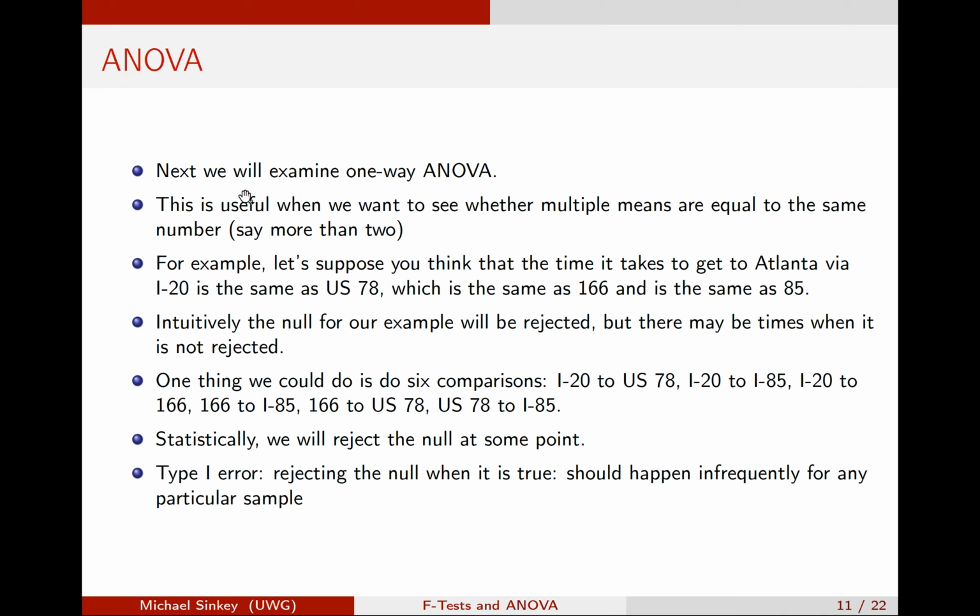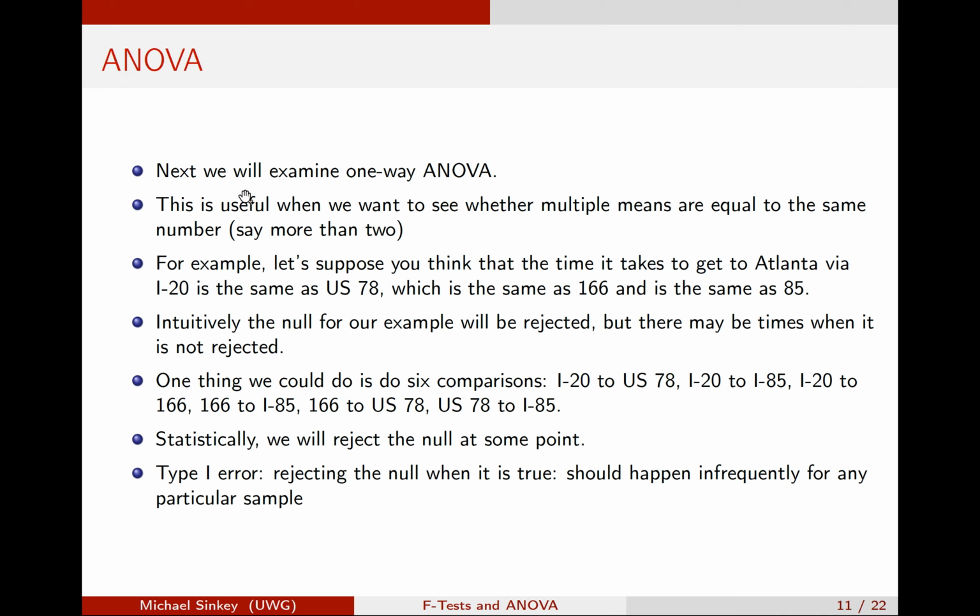Intuitively, in this example, I don't think it takes the same amount of time to go these routes, but if I were to adopt a two-population approach, I might have some difficulty gleaning that. Suppose I made a comparison between taking Interstate 20 and going to Noonan and taking Interstate 85. Clearly I'm going to reject the null in that instance. But then say I were to compare State Route 166 through the woods, the back roads to Atlanta Airport, with US 78 through Douglasville. Well, it might take the same amount of time either route, so I wouldn't reject